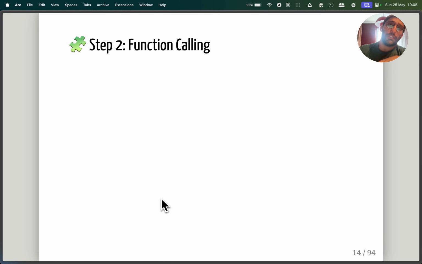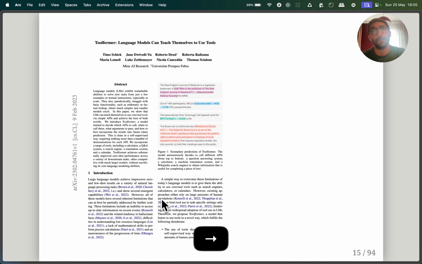And the first innovation that we need to understand in order to start picking up how is it that we have agents now that can do stuff, I think the first one is function calling, right? The ability to have LLMs somehow call functions. And when I say function, I mean a Python function, like calculate the sum of two numbers, or a JavaScript function, whatever, a function written in code, okay?